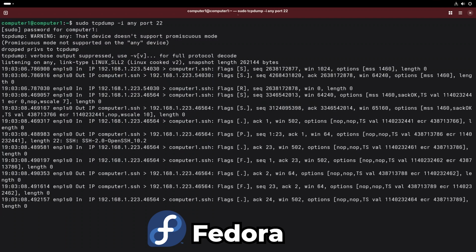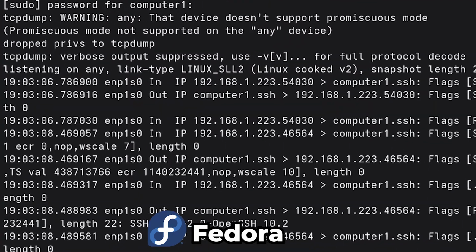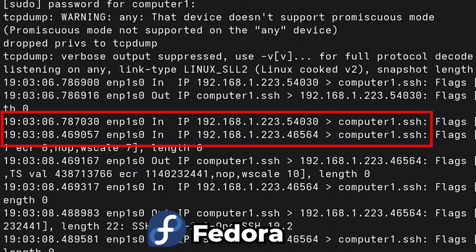tcpdump has captured packets. We can see an SSH probe from 192.168.1.223, which is the Ubuntu machine, to our Fedora machine on port 22. For the system administrator managing the Fedora machine, if they do not want these probes from the Ubuntu machine, a firewall rule can be configured to block SSH traffic from the IP address